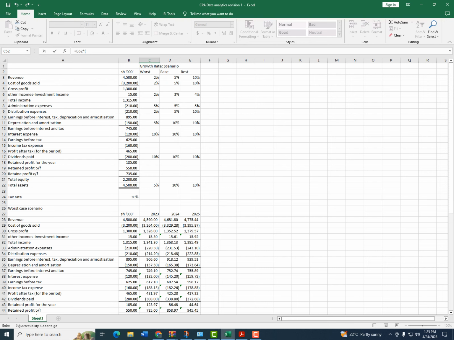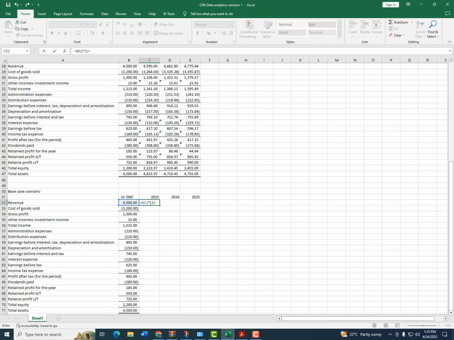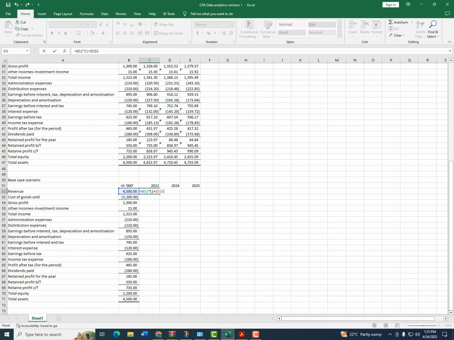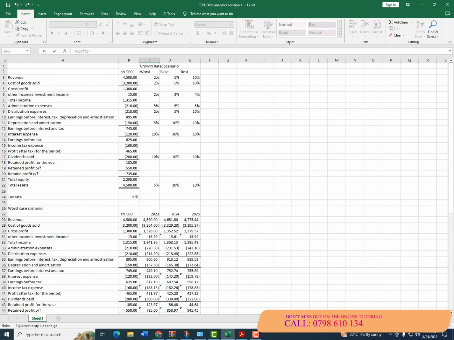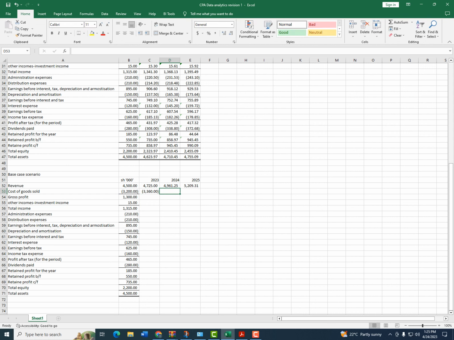First of all, open brackets, then type in 1 plus this base year, and then hit F4 for it to become an absolute reference. Close the brackets, hit tab, then drag. Do the same for cost of goods sold equals previous period multiplied by 1 plus, come here again for base period, make it an absolute reference by hitting F4, close the brackets, hit tab,